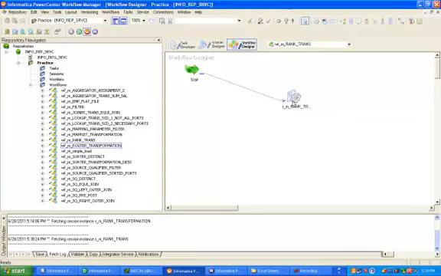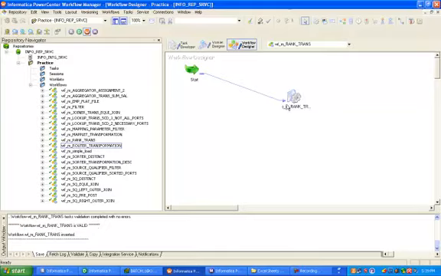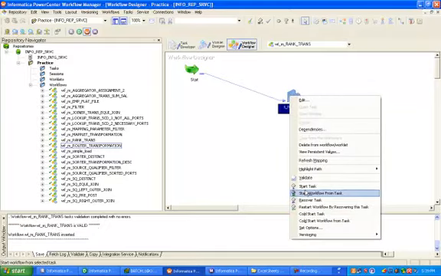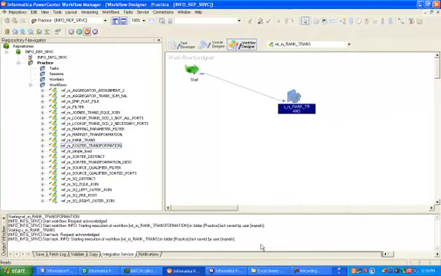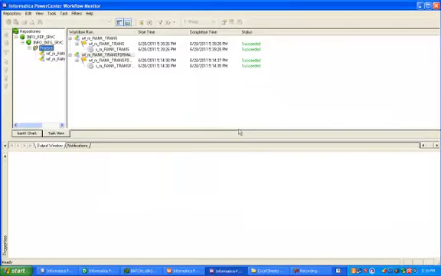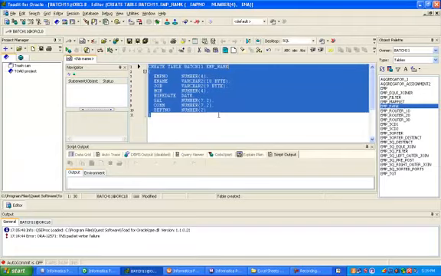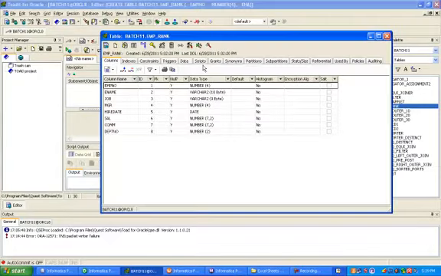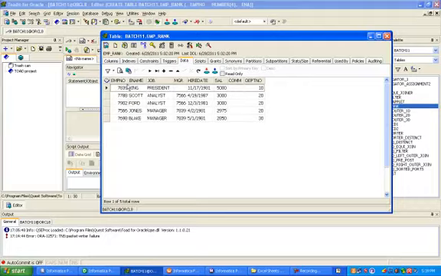Save. So your workflow is valid. Now run your workflow. So this succeeded. You will get that message, succeeded. Check your target table. So you have 1, 2, 3, 4, 5 records.